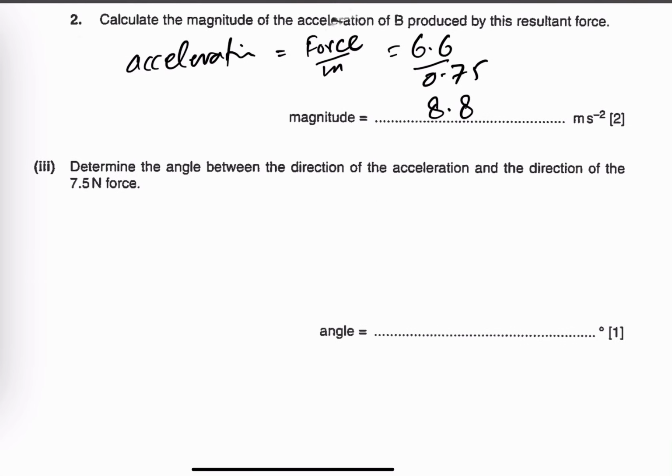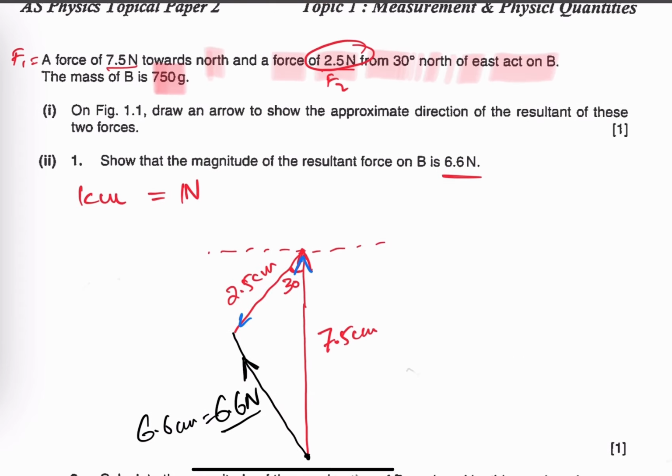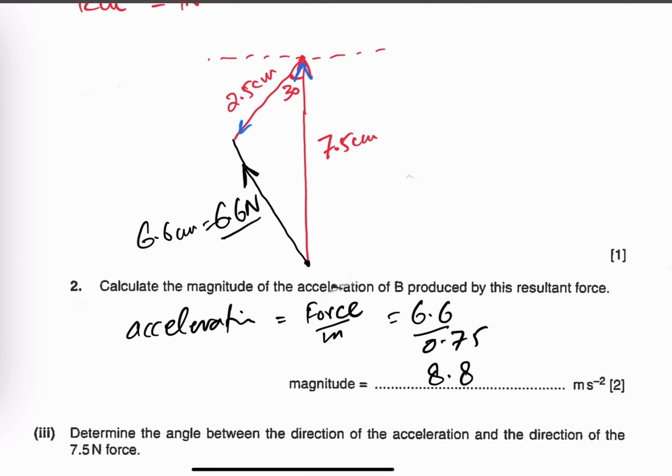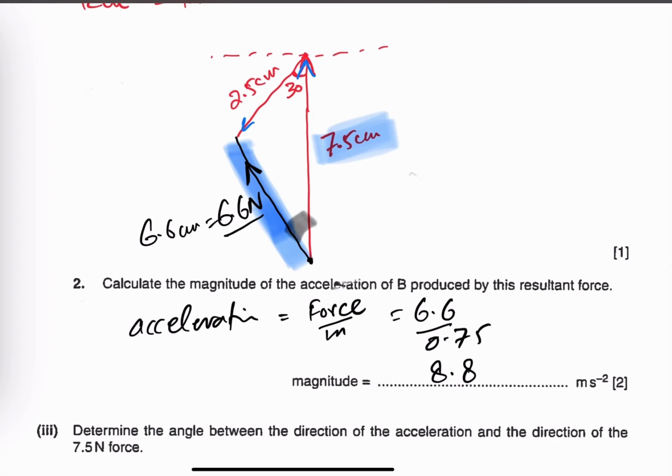Determine the angle between the direction of acceleration and the direction of the 7.5 Newton force. Okay, so this is the 7.5 Newton force, this one, and the acceleration direction will be the direction of the resultant force. Okay, so this is the direction of the resultant force. You have to measure this angle with the